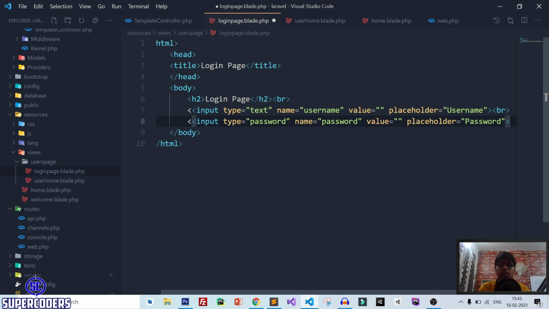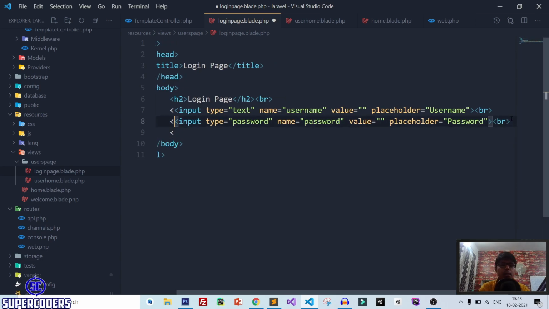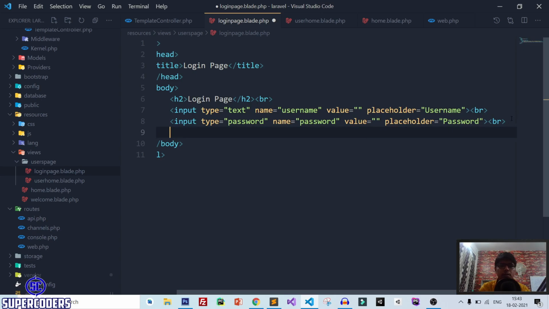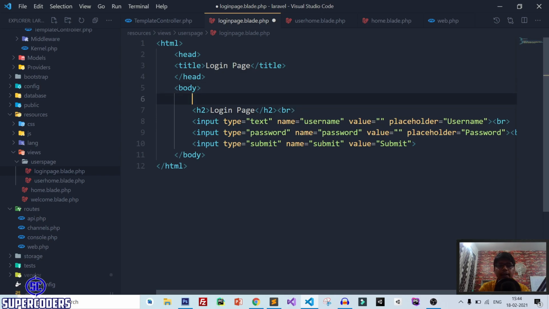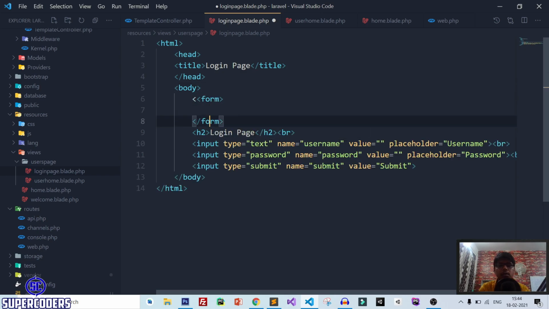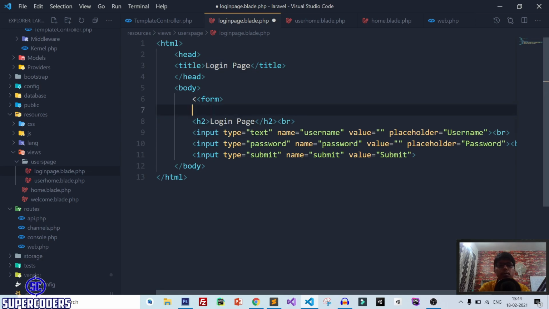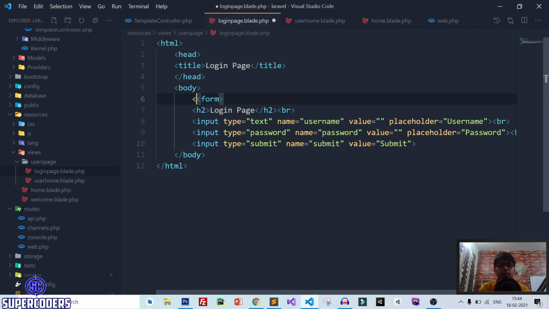After that a line break and input type submit, name equal to submit, value equal to submit, adding a form, let's close this form.